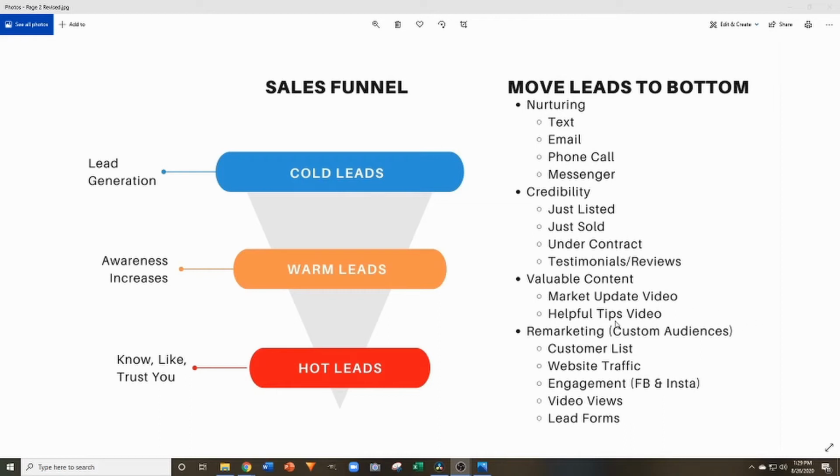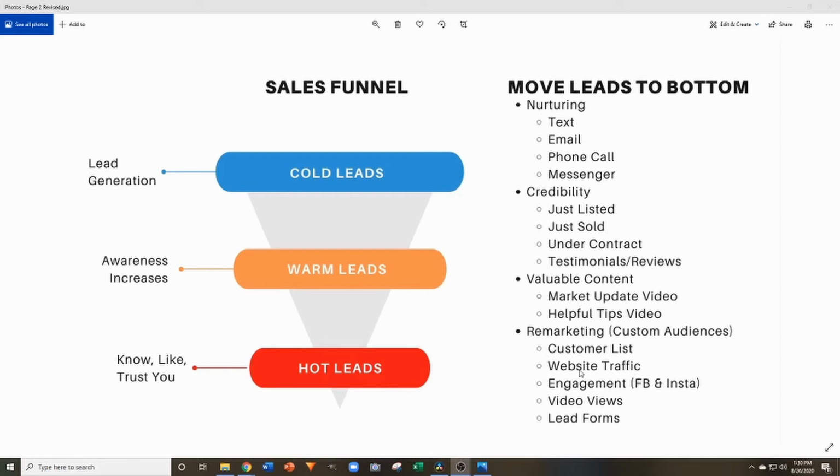This is where the real money is, because as people continue to see you, that's part of what's pushing them down. One of the things that we can do is upload a list of contacts and run ads to them. This is where a lot of our clients are seeing great strides in their business: being able to stay in front of their sphere of influence and past clients, where those people just repetitively see you over and over again. We can do the same thing where we create an audience of people that have been to your website,